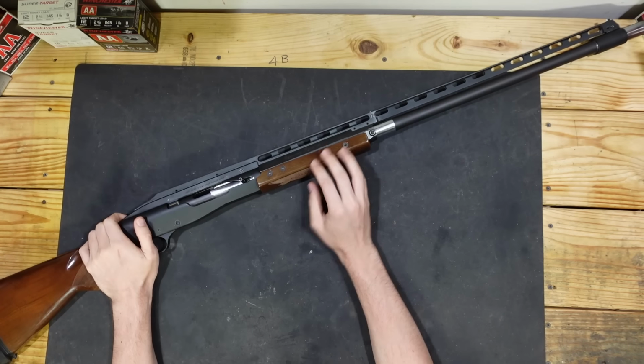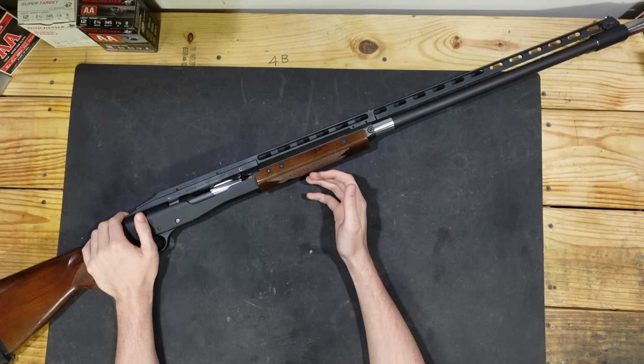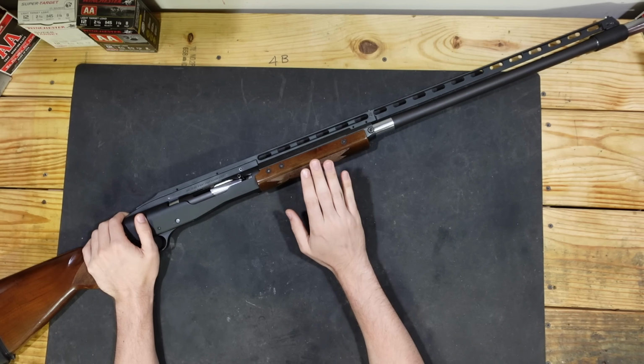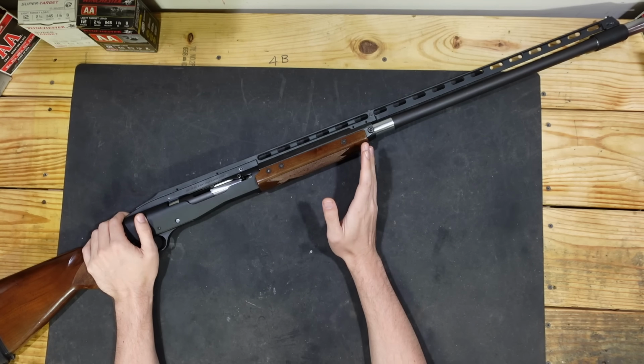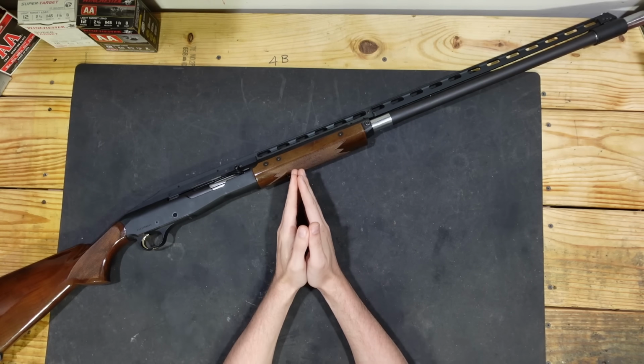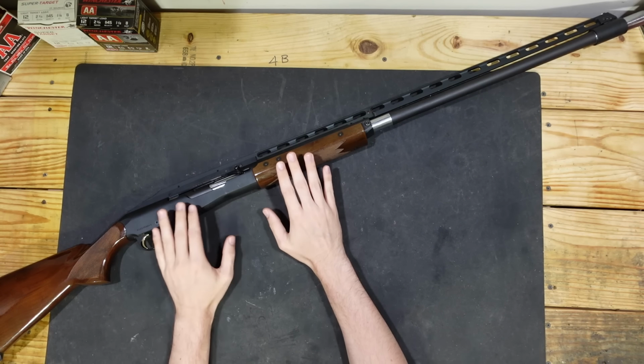Alright, and we're back inside, and that's been the Browning Recoilless. There's not much else to say about the thing other than to reiterate, it has a lot of interesting concepts. The recoil mitigation system in it does work, and it works pretty darn well. And ultimately, if we're to sit here and discuss what-ifs or hypotheticals, you could make a version of this